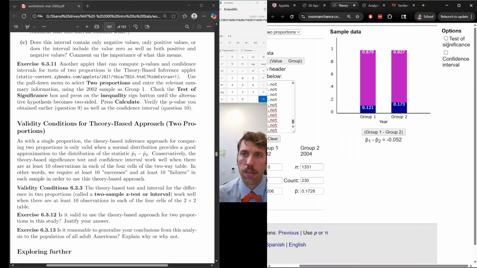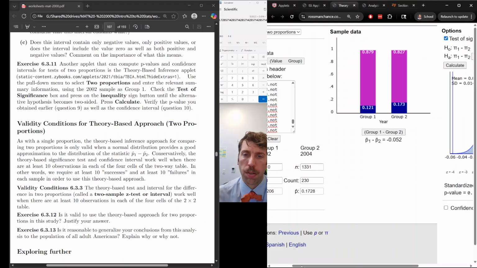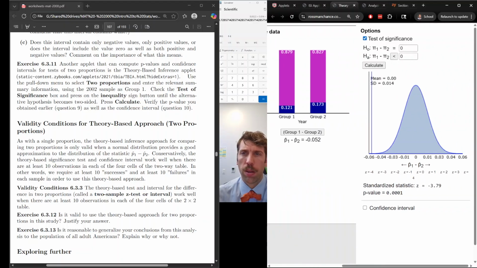Test of significance. Okay, too many things open. So there we go. There's my test of significance. Make it match the null and alternative hypothesis. Okay. And so then